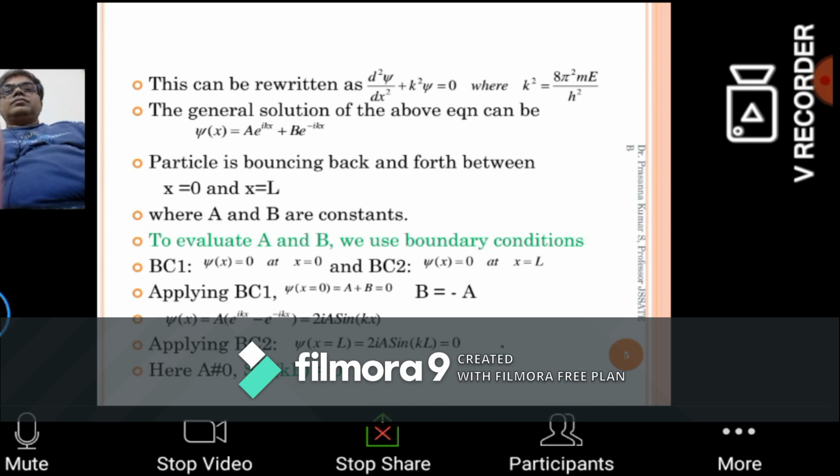So this will be the general solution for a particle that is bound, and here a and b are constant values. See, this is a general solution. We don't know the exact solution; this is only a general solution for a differential equation of the above form. A and b are some constant values, and you will see e to the power ikx in one case and e to the power minus ikx in the other.